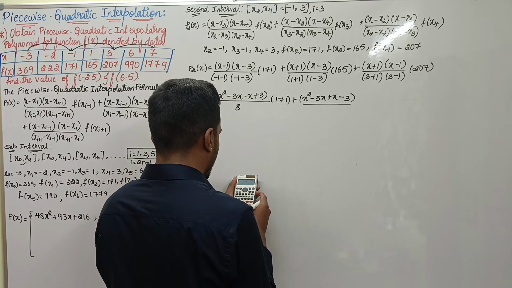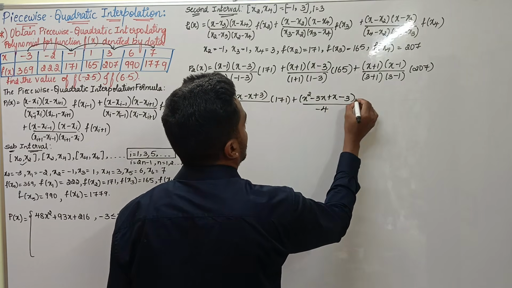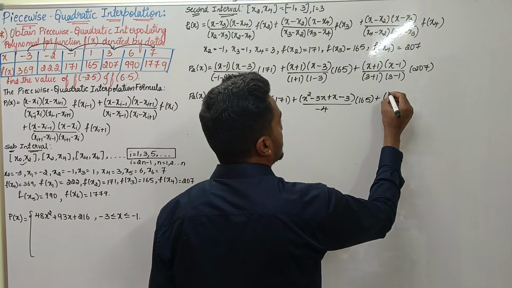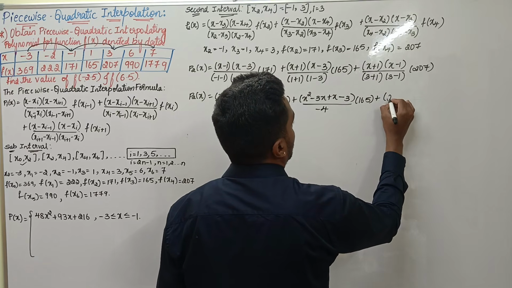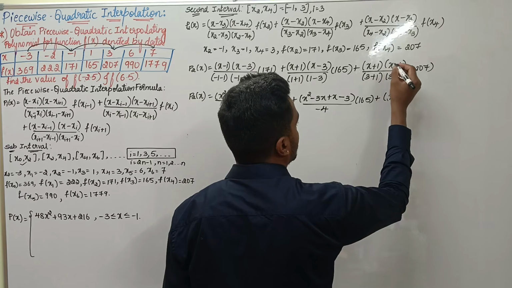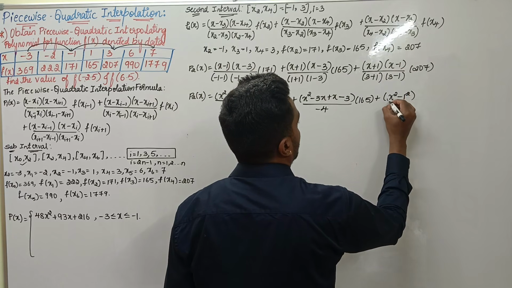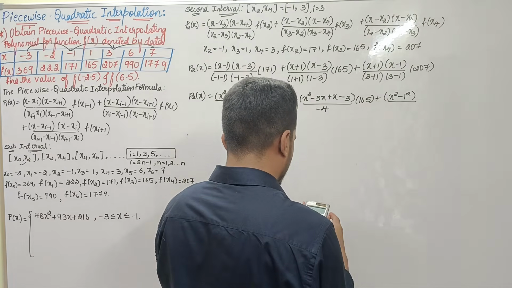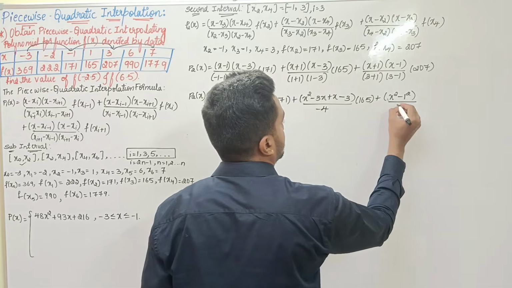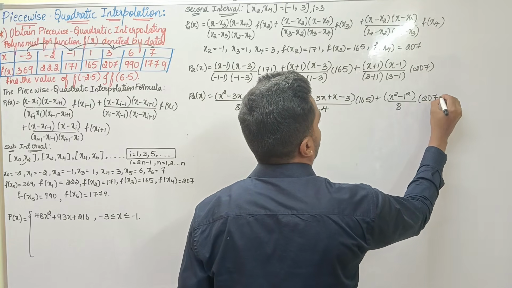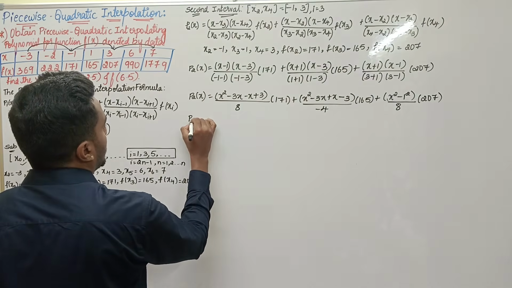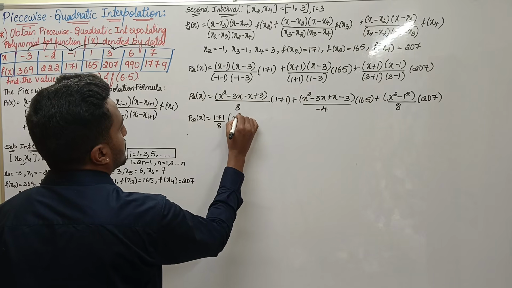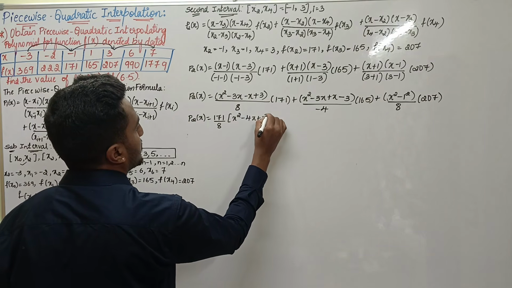I have 1 minus 3, you get minus 4 into 165 plus, see, a plus b, a minus b, a square minus b square can be written as a plus b, a minus b, that is 1 square, whole divided by 3 plus 1, 4 into 3 minus 1, 8, into 207, okay. P2 of x, which is equal to 171 divided by 8 into x square minus 4x plus 3